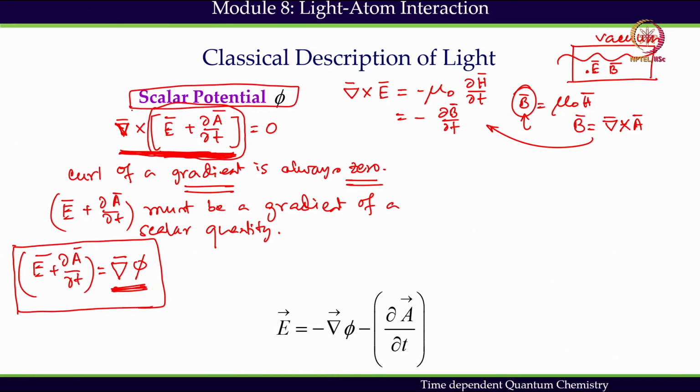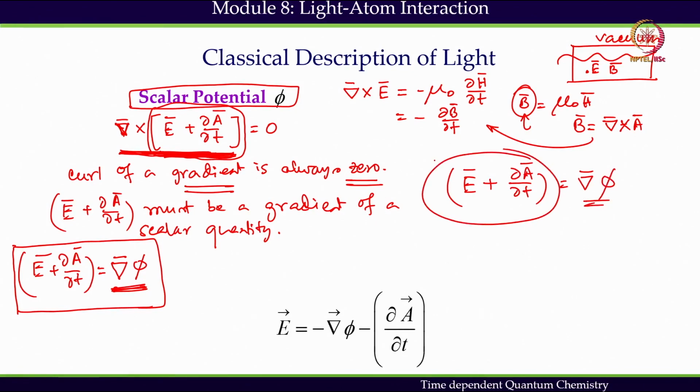That's the definition of scalar potential coming in. So I have the scalar potential formulation, which is nothing but E plus, is nothing but this gradient of the scalar potential. So gradient of the scalar potential is represented by this vectorial quantity. So what we get in the end, but